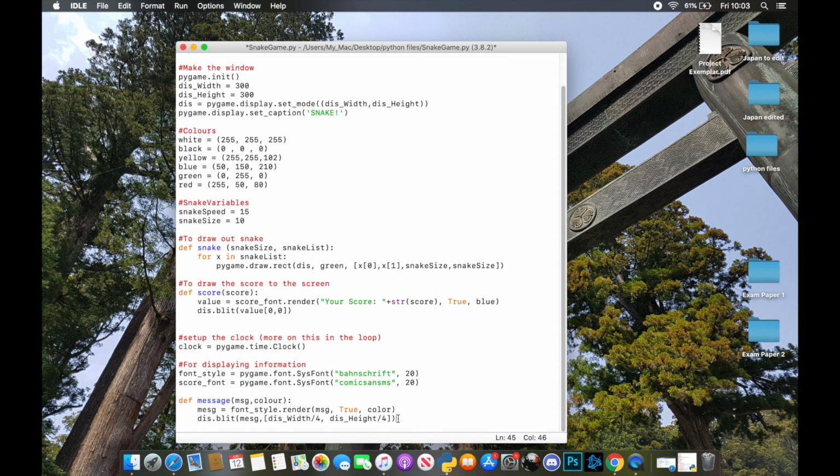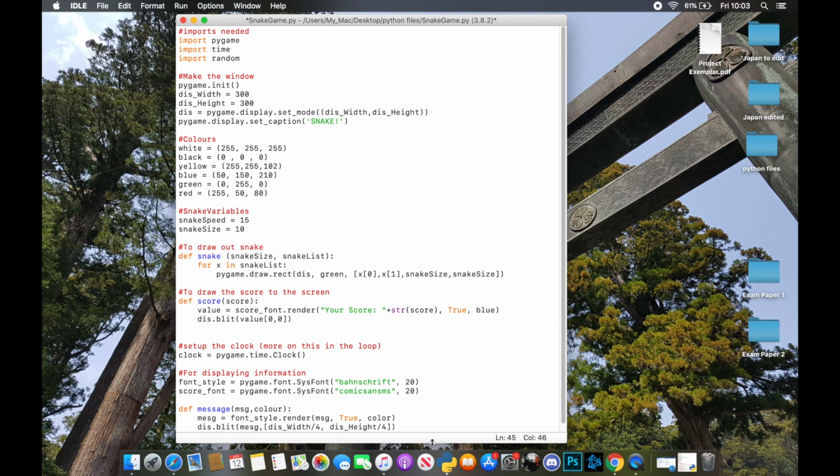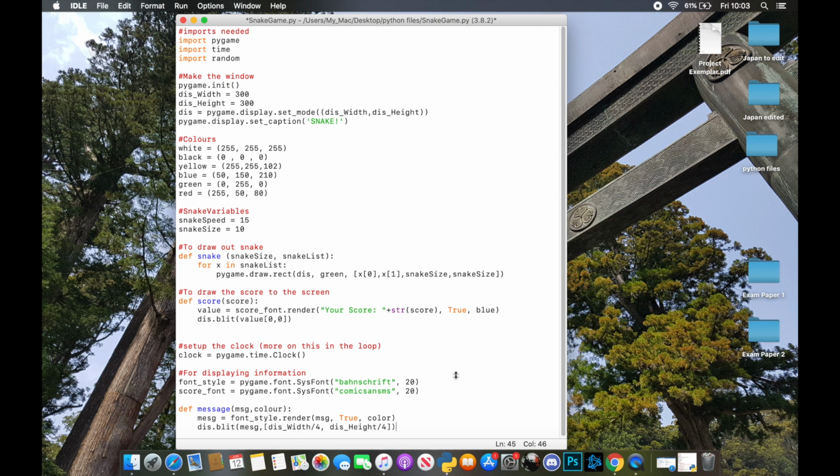You'll see in a second, but the divide by 4 actually kind of gets the message closer to the center of the screen. So that is it for this first part of this tutorial. If you have this part done, we're going to move on in the next tutorial to looking at how the main game loop